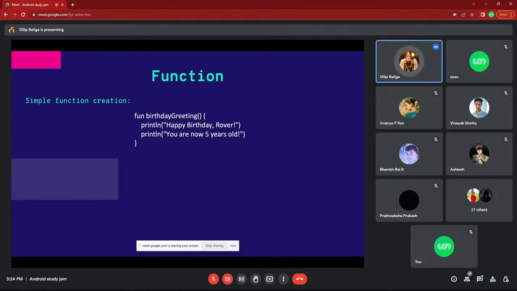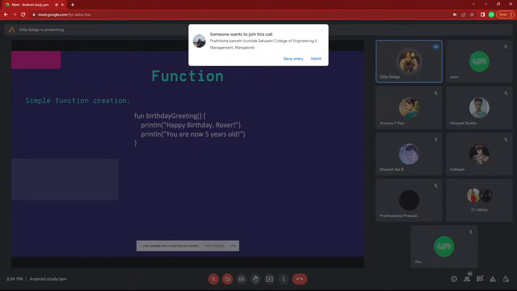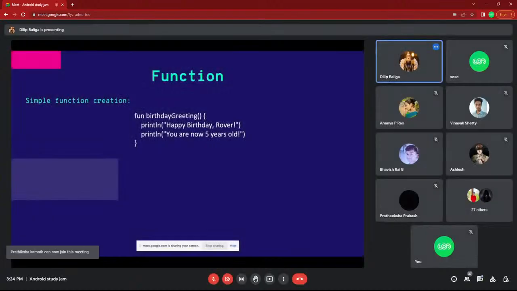There is no meaning at all. You are not able to understand. You can write that like that, fun, the compiler will accept and compile it and show the output, but the next day you are not able to understand what exactly the function is doing. Better always use a proper naming convention, which also starts with a small letter, and camel case is what you are supposed to follow. Then you can better understand that function. See, this is the simple function, which will print two println statement strings.